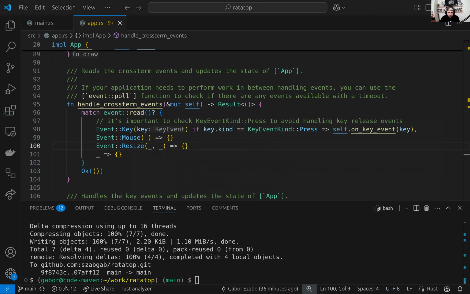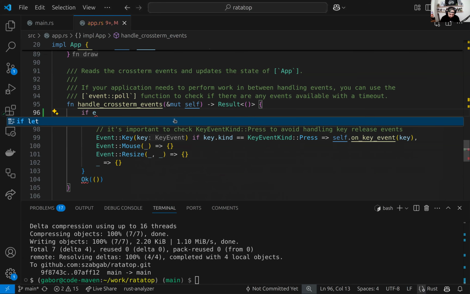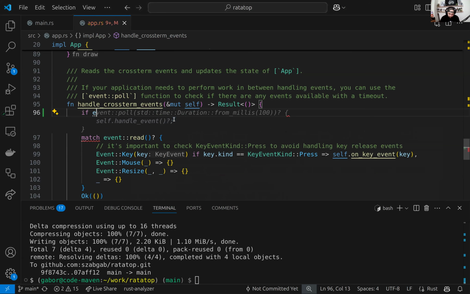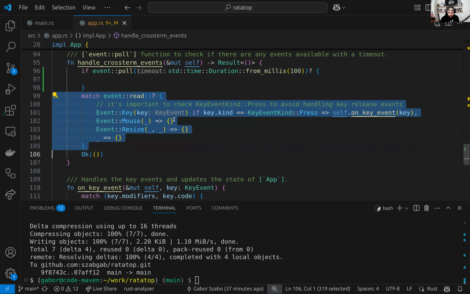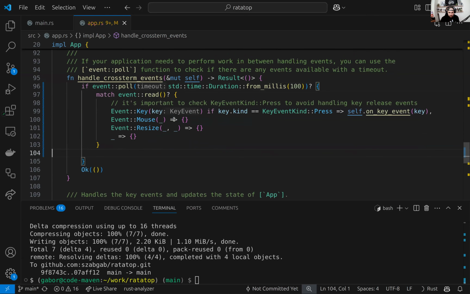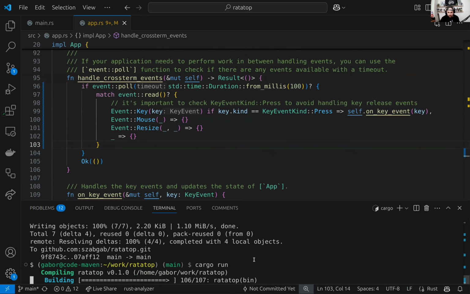So before you match, you need to do something like event poll. Just say something like if event poll. Yeah, that's good. I put the whole match there, no? Exactly. So now it's not gonna block. It's actually gonna wait for 100 milliseconds each time. So if you run it,